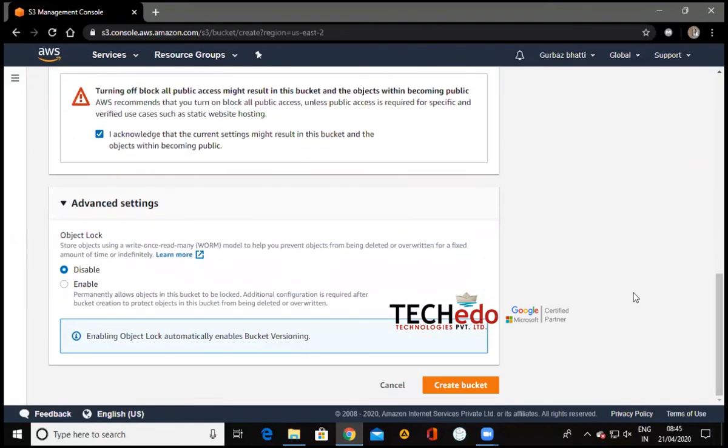Get to advanced options. So, object lock. What is object lock? Can anybody tell me? Don't try to read it, or maybe you have already read it. So let me tell you. Object lock is when one person is accessing the object, and if you have enabled object lock, then only one person will be able to use that object at one time. If you have disabled it, then multiple people will be able to use that object.